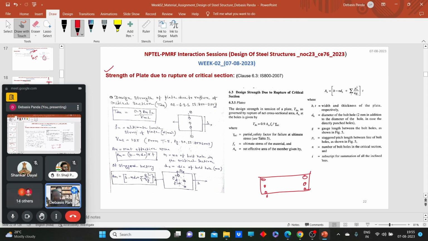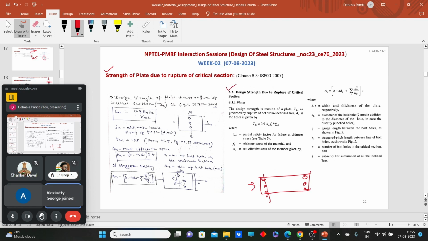Now if I want to tear it out, so easily this portion will tear apart. Why? The cross sectional area has reduced because of these holes. So if we reduce the cross sectional area, we have to consider the rupture phenomena, and the rupture phenomena we